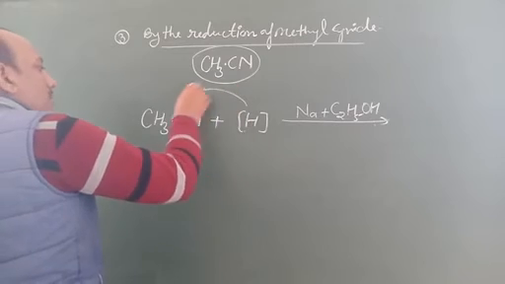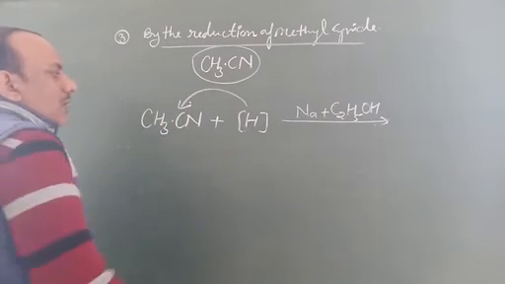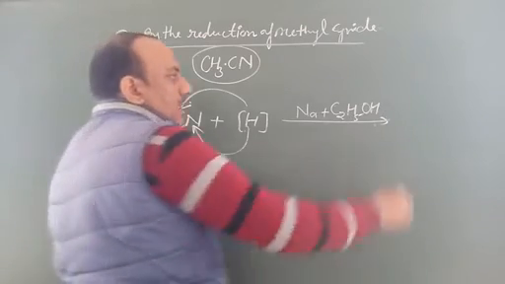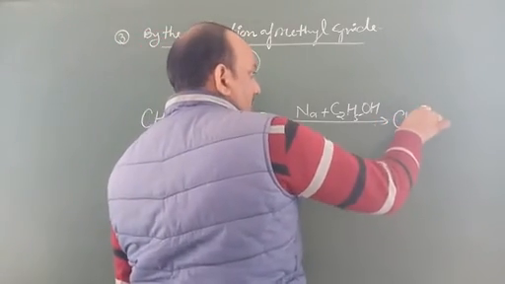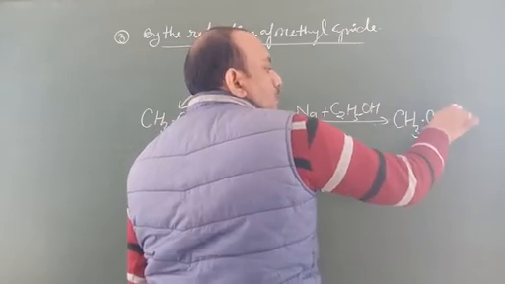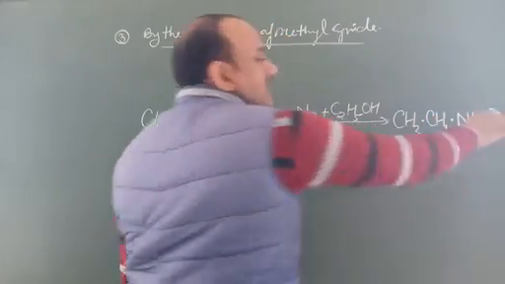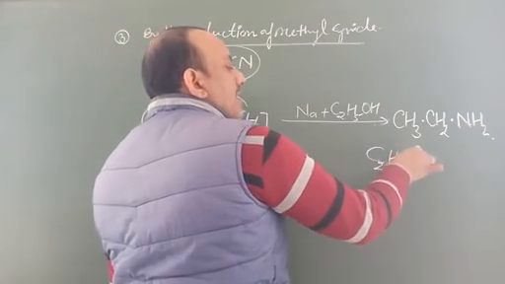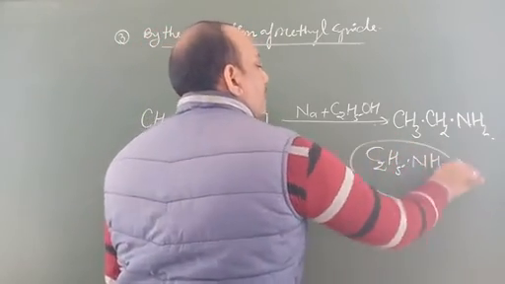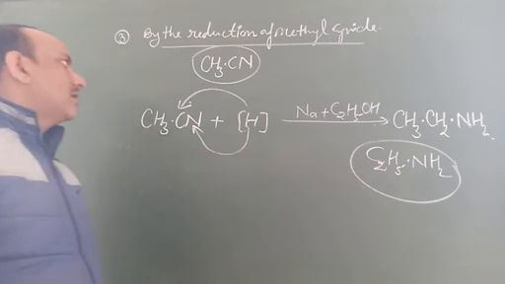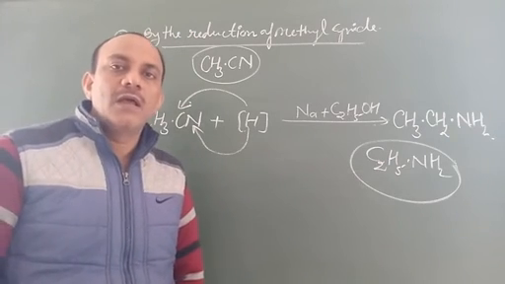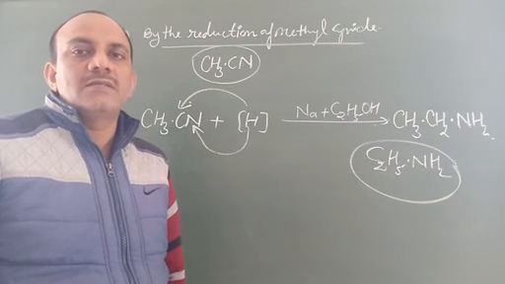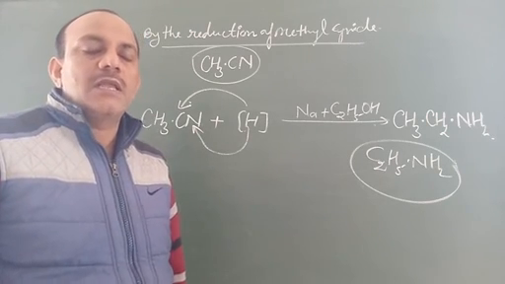This carbon consumes hydrogens to form CH2 and this nitrogen consumes hydrogens to form amine, and makes CH3CH2NH2. It is named ethylamine and its formula is C2H5NH2. So these are the best preparation methods of ethylamine. Now in another class we will discuss the other preparation methods of ethylamine with their chemical reactions.